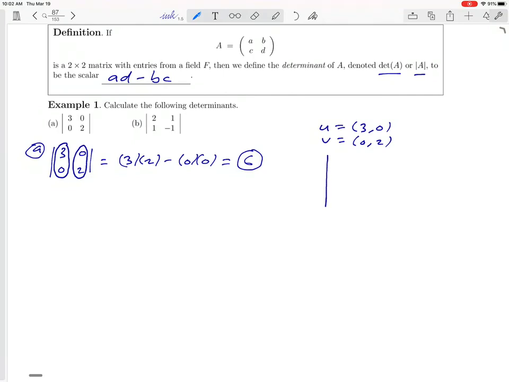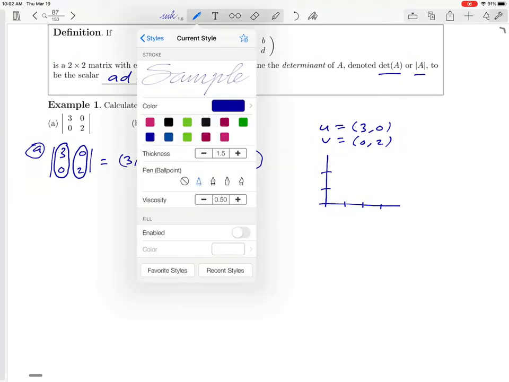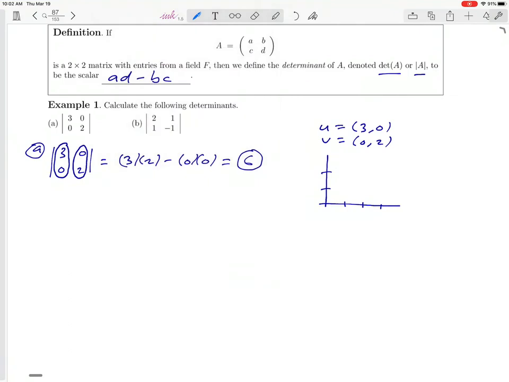And if we plot those two vectors, okay, just in the ordinary two-dimensional plane here, U would be this vector, and V would be that vector. Okay, and if you think of the rectangle that those two vectors form,